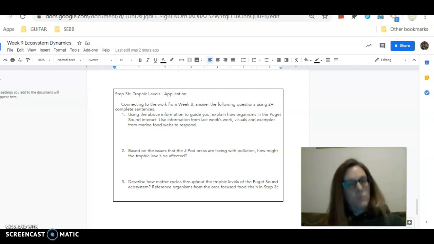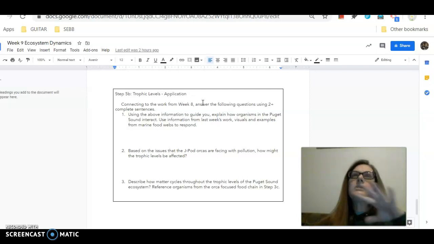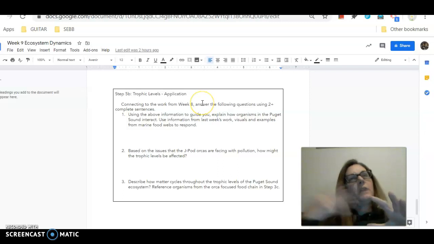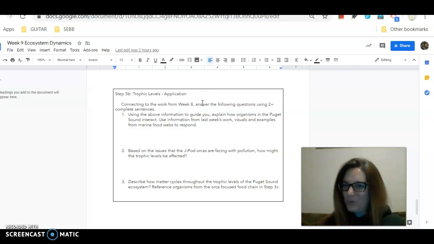ecosystem? Remember that runoff stuff? How is that affecting its ecosystem? Okay, so if that ecosystem is being affected by the runoff, well, then what's happening to its diet with the food web? That's where I want you guys. So just kind of try and grapple with that and just narrow it down to your thinking, your connections. All right, and you'll be good to go.